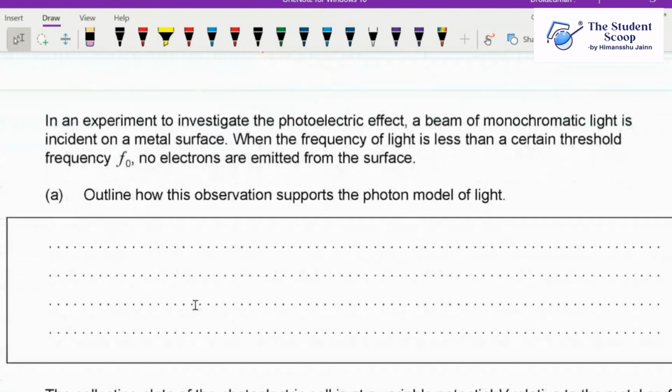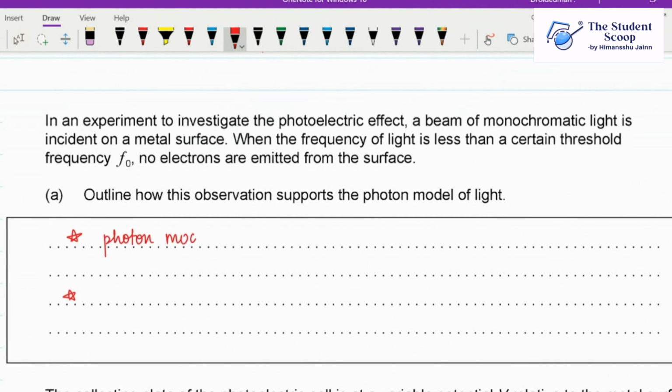In an experiment to investigate the photoelectric effect, a beam of monochromatic light is incident on a metal surface. When the frequency of the light is less than a certain threshold, no electrons are ejected. Outline how this observation supports the photon model of light. Now here we have to say two things. First, for the photon model of light, we need to understand that